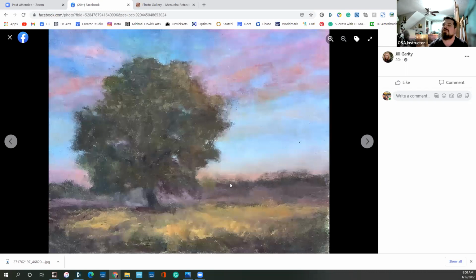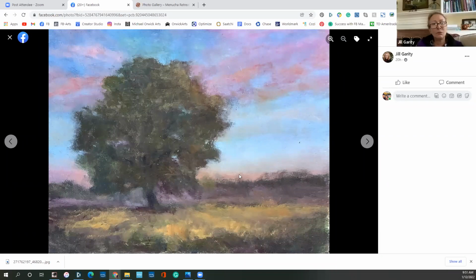And the way that you can do it fairly easily is once it's dry, you're going to take a little bit of maybe your quinacridone red or something. You could even put it on the end of a paper towel and put your finger on the inside of that paper towel and very lightly rub a little bit of that along the edges here. Or you can do it with a brush and kind of scrub it. You're not going to put a lot of paint, just a little bit, because those transparent colors will work kind of like a stain, and they will come in and kind of